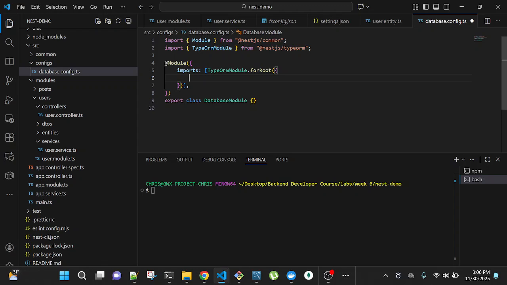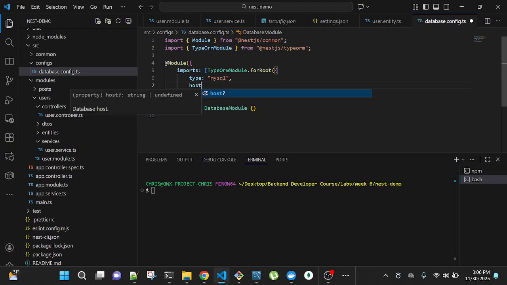We need to tell the database connection which type of connection database we are using. So we're going to type MySQL, right? Even though we installed MySQL too, it's still the same thing, MySQL.